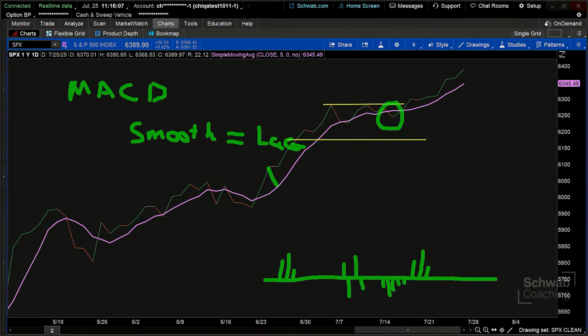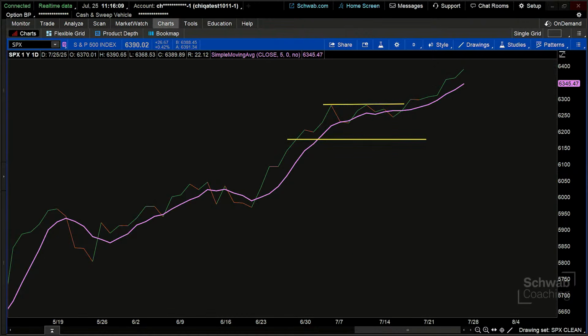Or some traders will use, I'm going to just do a couple of things here real quick. I'm going to save this as my single grid, and I'll come back and resave it again. But some traders might use something like, I'll give you an example of a grid that I use when I am on the